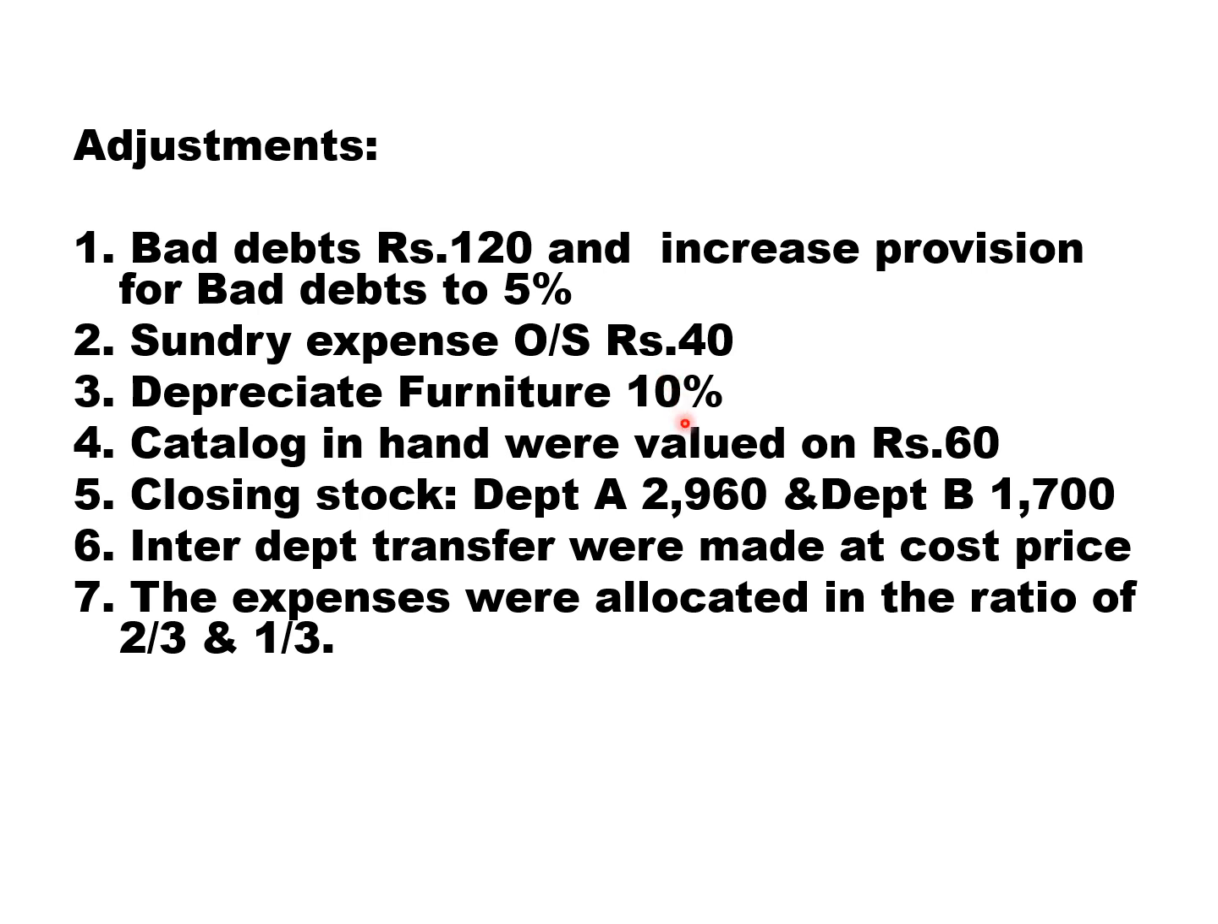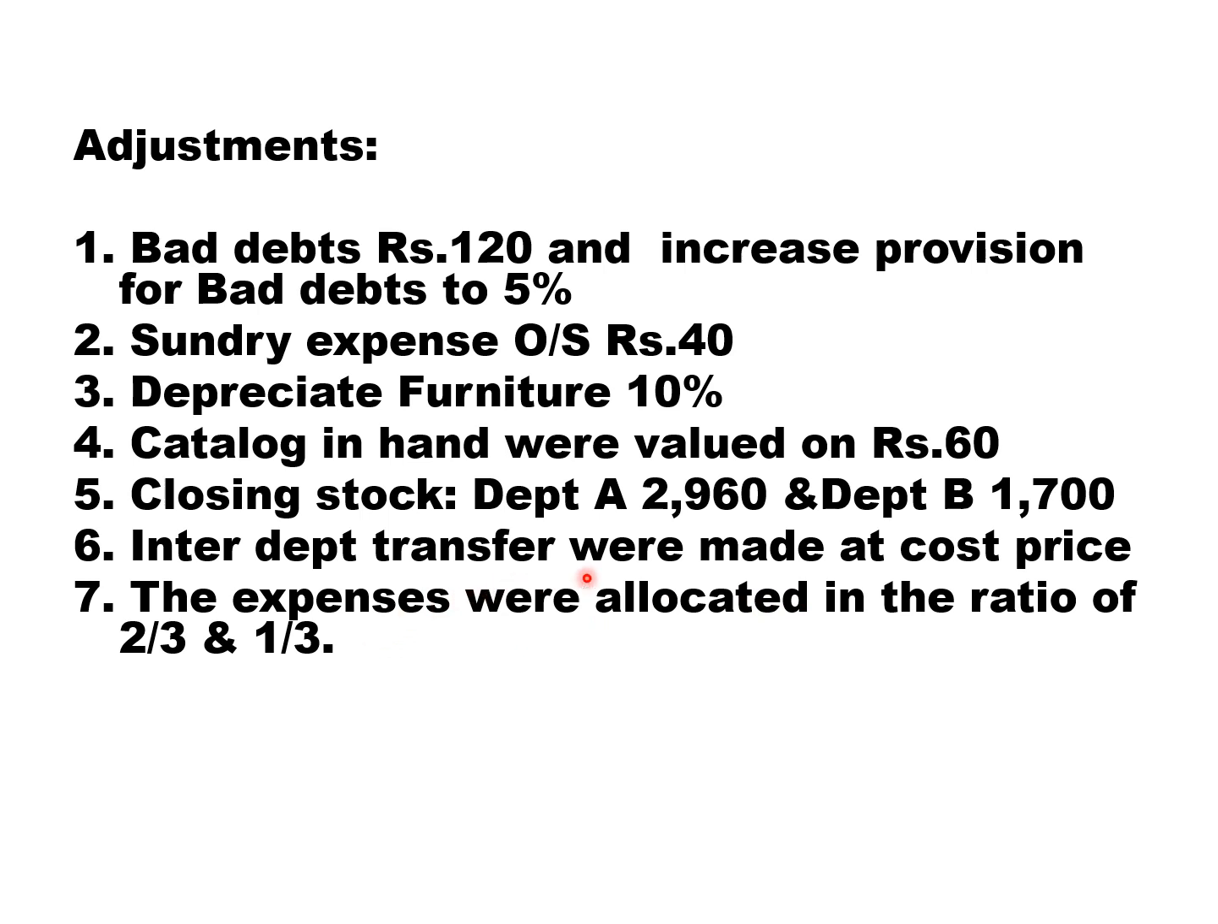Depreciate furniture 10% will come in PL. Catalog in hand valued at rupees 60. This is called stock of catalog. It's an asset, 60 rupees. Closing stock of department A 2,960 and department B it's 1,700. And interdepartmental transfers where rupees